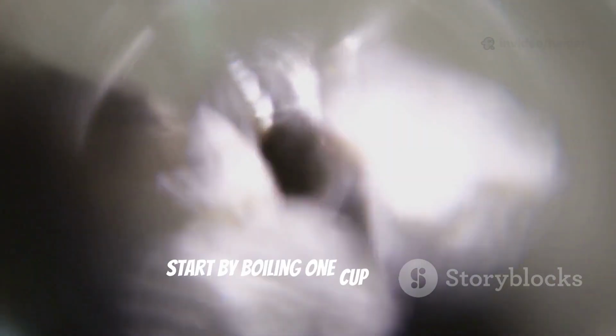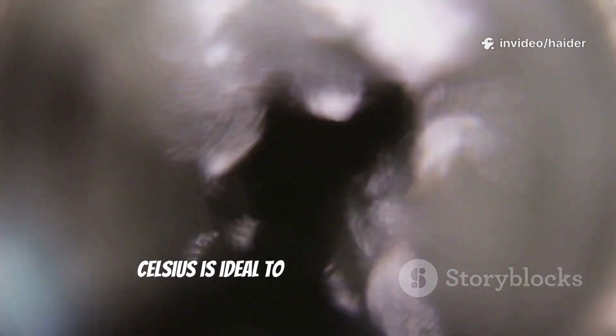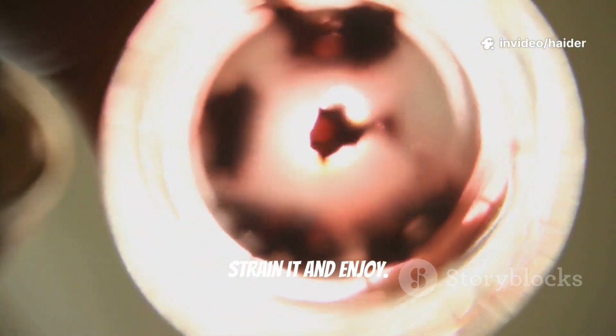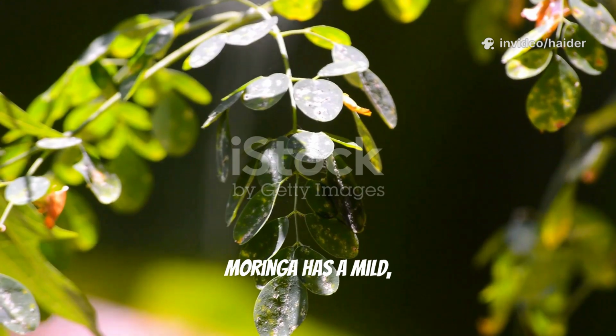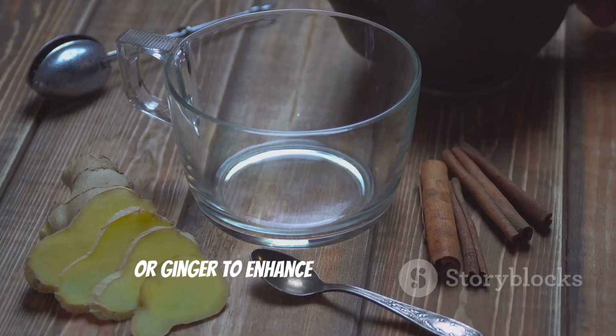Start by boiling 1 cup of water, but don't let it reach a full boil. Around 85 to 90 degrees Celsius is ideal to preserve the nutrients. If you're using dried leaves, add about 1 to 2 teaspoons to your cup. For powder, half a teaspoon is enough. Let it steep for 5 to 7 minutes. Once done, strain it and enjoy. Moringa has a mild, earthy flavor. You can drink it as is or add a bit of honey, lemon, or ginger to enhance the taste and